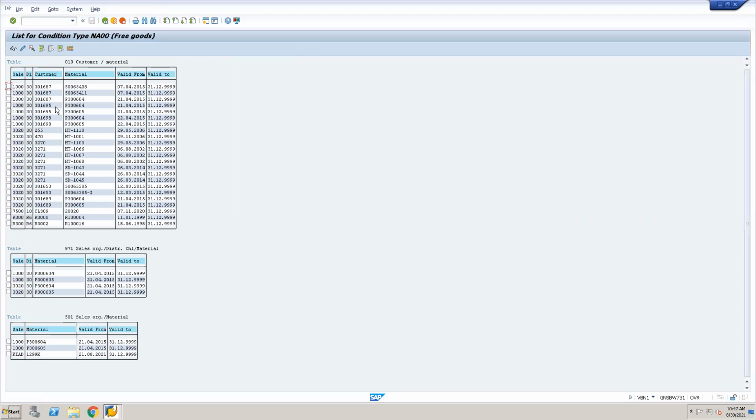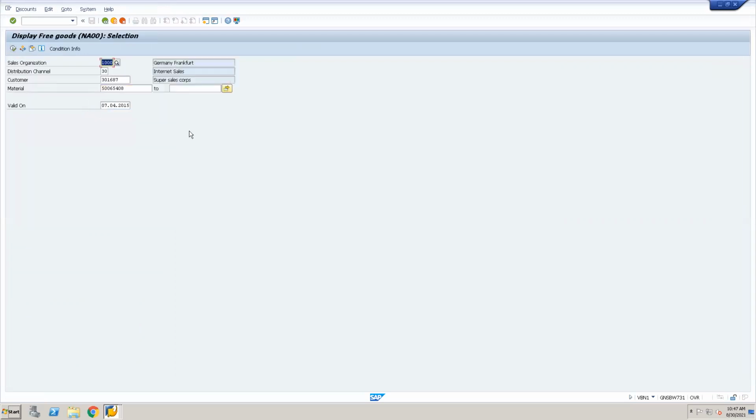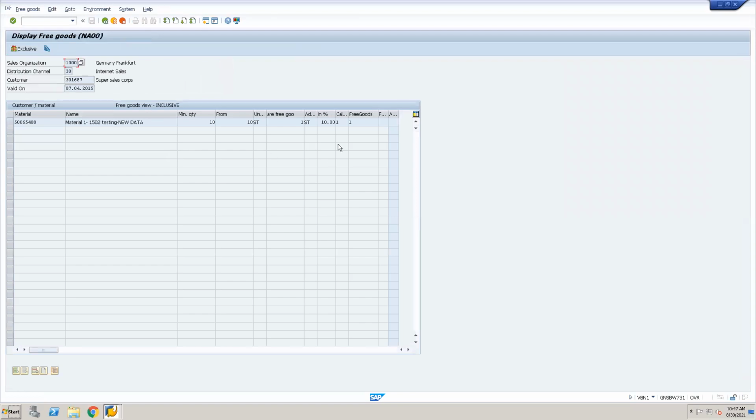Say కొన్ని records ఉన్నాయి example తోటి. So if we select any of these things and if you try to execute, see you can see here. So ఒక రికార్డ్ మెయింటైన్ చేశారు, మినిమం క్వాంటిటీ ఈ పర్టికులర్ మెటీరియల్ కి, ఓకే, దిస్ పర్టికులర్ డిస్ట్రిబ్యూషన్ ఛానల్ లో ఈ పర్టికులర్ కస్టమర్ కి whenever the customer is placing this particular material, if he has placed minimum quantity of 10, okay, and the order, the offer should start from 10, okay, and what is the free item is 1.